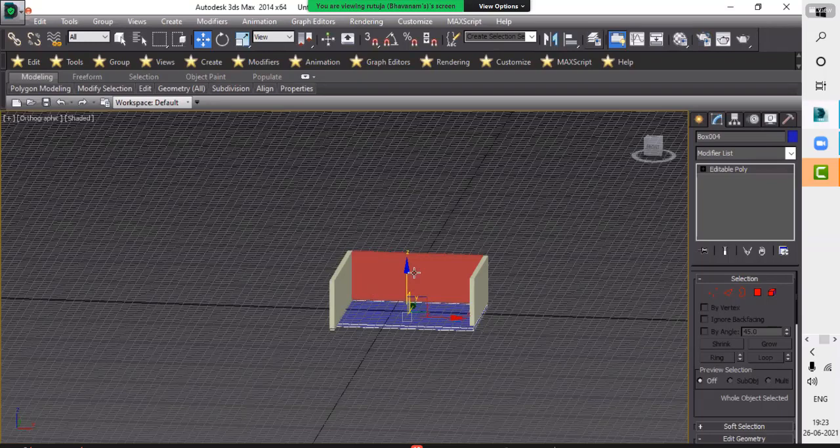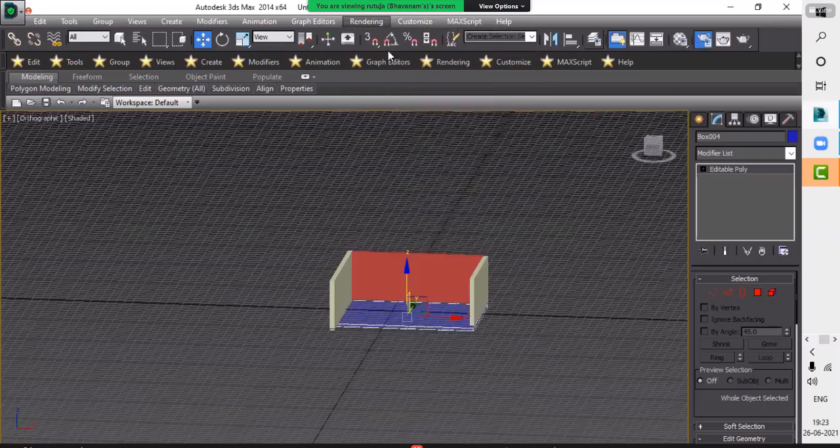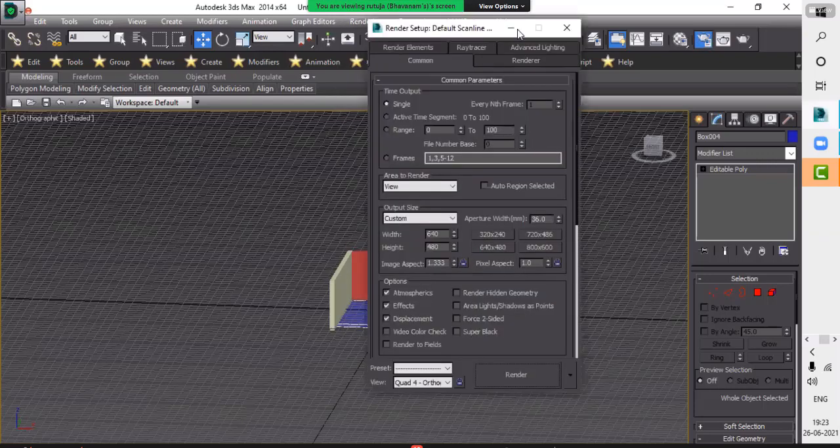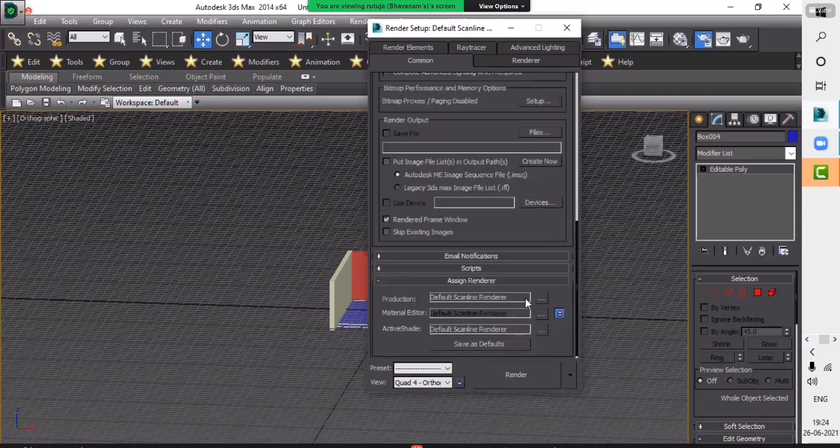So what we can do here: go to Rendering, then Render Setup, and you are in the Common tab. Go to the bottom of the page, in this box. There you can see Assign Renderer.